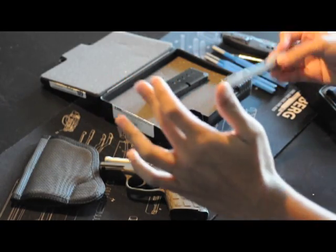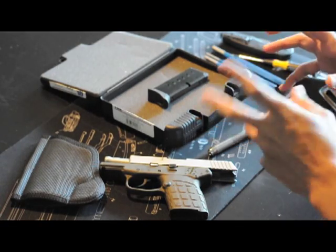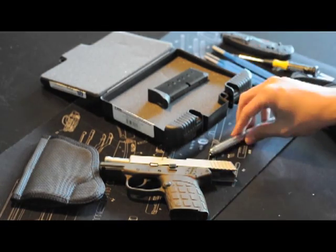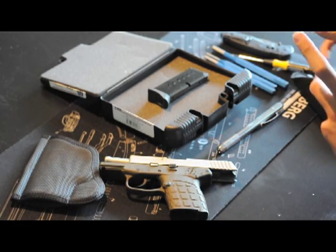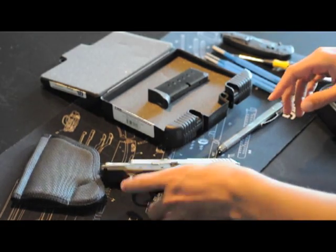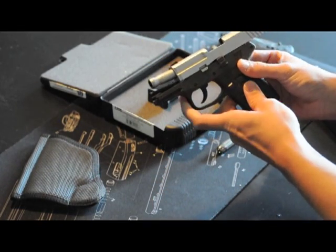I'm not in the financial situation to go out and get the Surefires that cost $200, so I'll stick with this. I think it cost me 15 or 20 bucks. Not a bad deal. Other than that, yeah, man, the Kel-Tec, it's a great pistol for what it is, which is